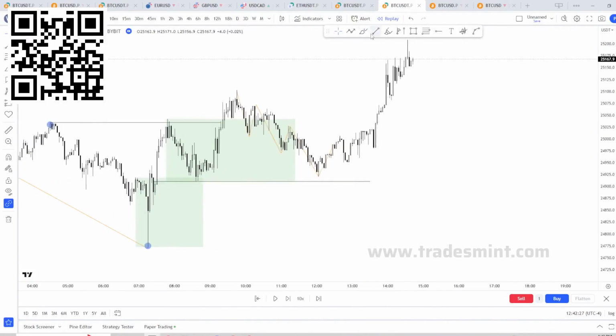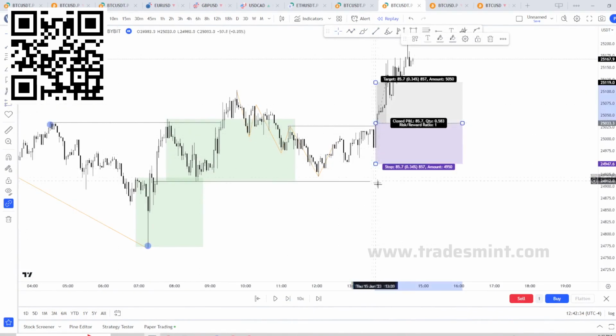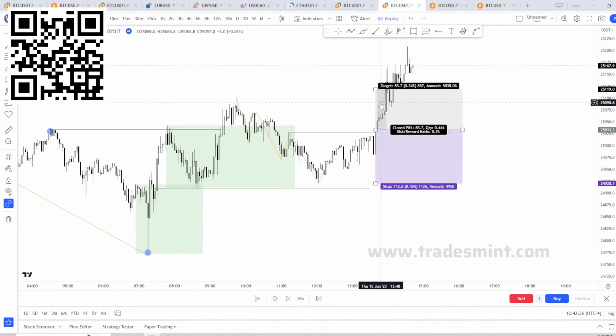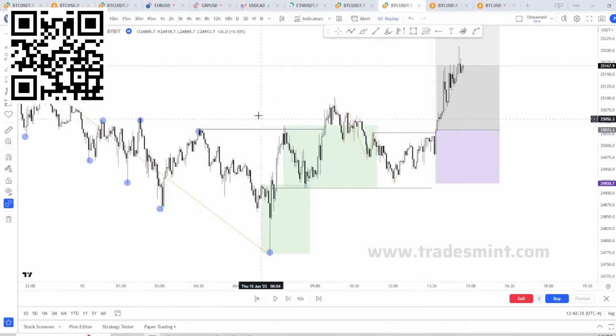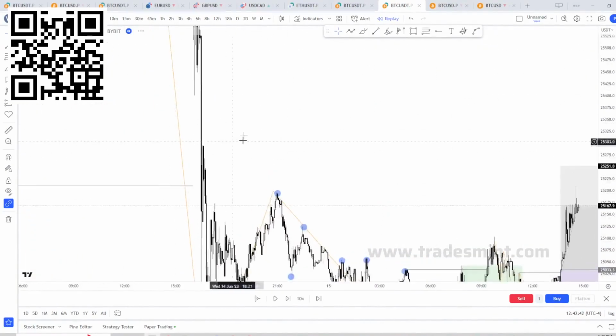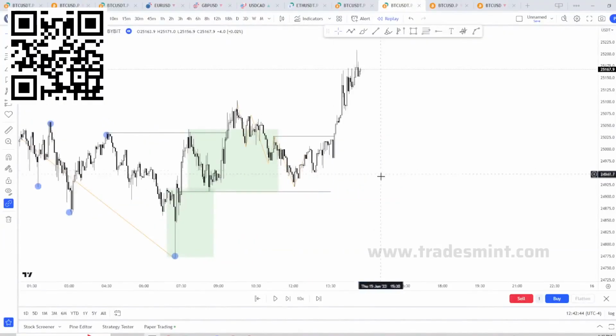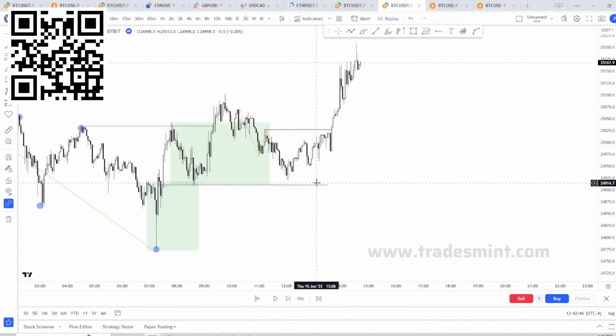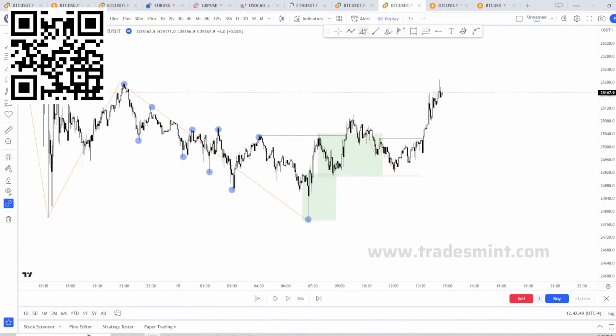But that's okay. So where would your entry have been? Well, your entry would have been breaking this structural point right here, right? Once you had the close above it, you could have put your entry, you could have put your stop, you could have put your target up towards this initial week high, if not higher, to fill all that inefficient price action to the side. That's where you have to use everything all in one to figure out your actual target. But your primary absolute target would have been this high here,